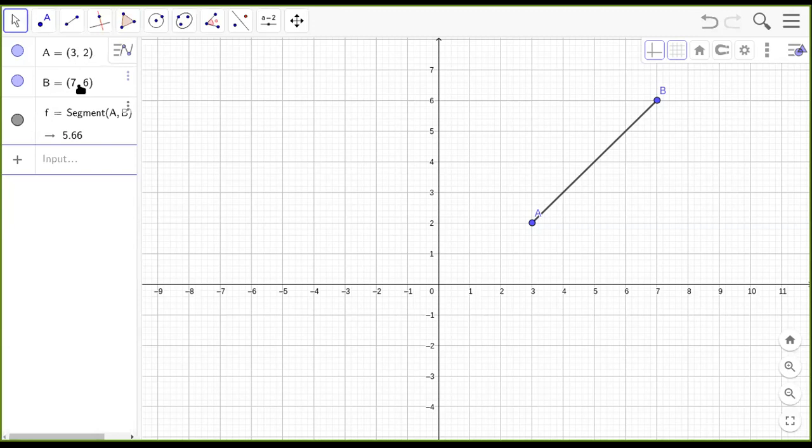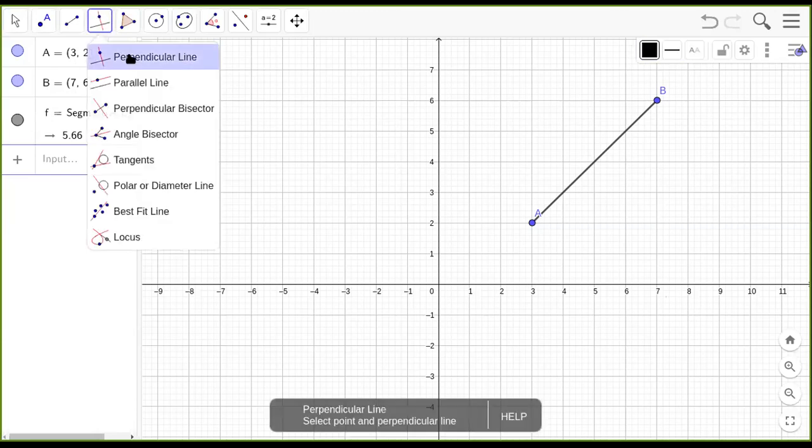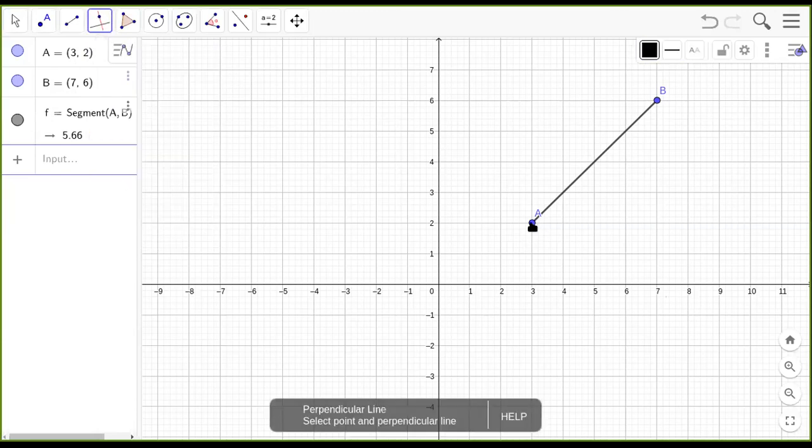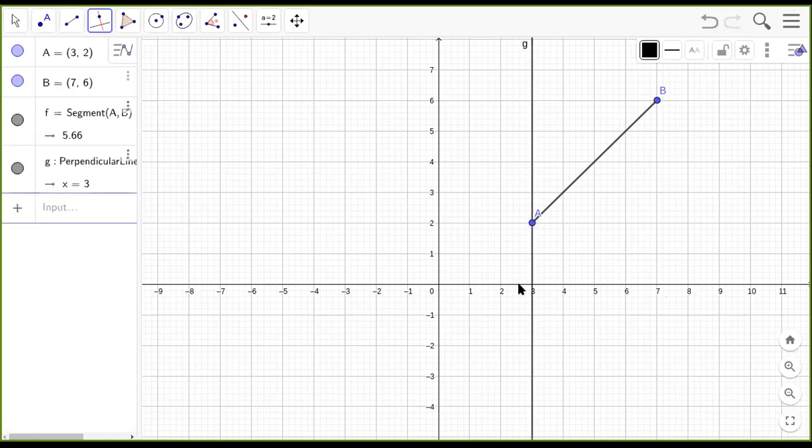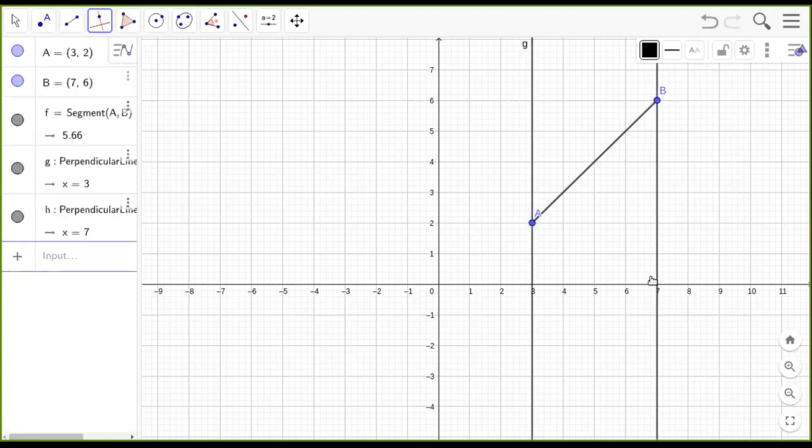So for this, I have to bring in the Pythagoras theorem. If I need to bring in the Pythagoras theorem, I have to have a right triangle. So the right triangle is what I will try to bring now. I'm going to drop perpendiculars from A and B onto the x-axis. So let me see how I can construct the perpendicular line. Yes, I have constructed one at A and then one at B. Both of these are perpendicular lines to the x-axis.